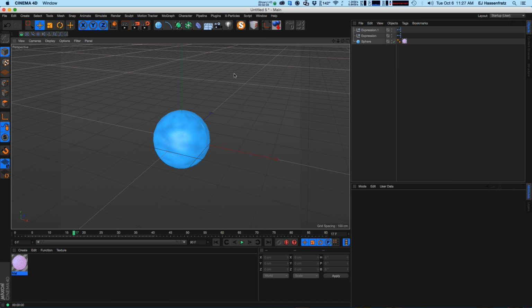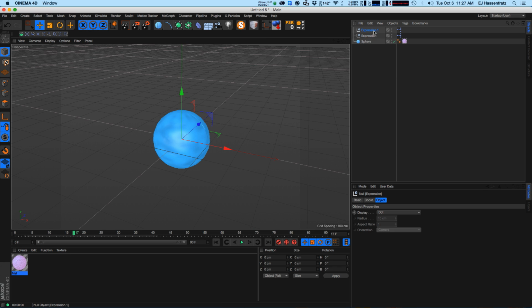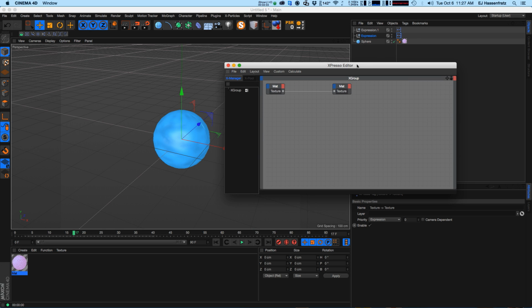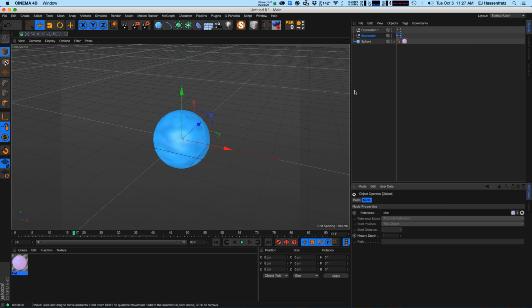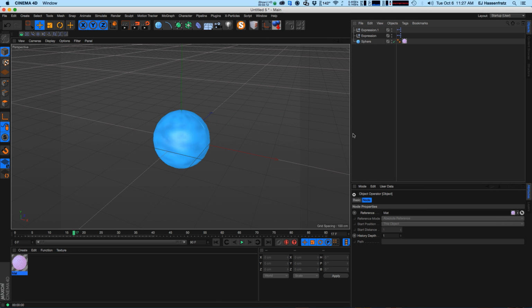So that's in all the material stuff. And again, it creates these little Xpresso tags with everything set up there. So it's doing Xpresso nodes behind the scenes, which is really fun. So I've got a couple more examples for you. I don't want to wear you guys out or overload you, but one thing that's really handy is